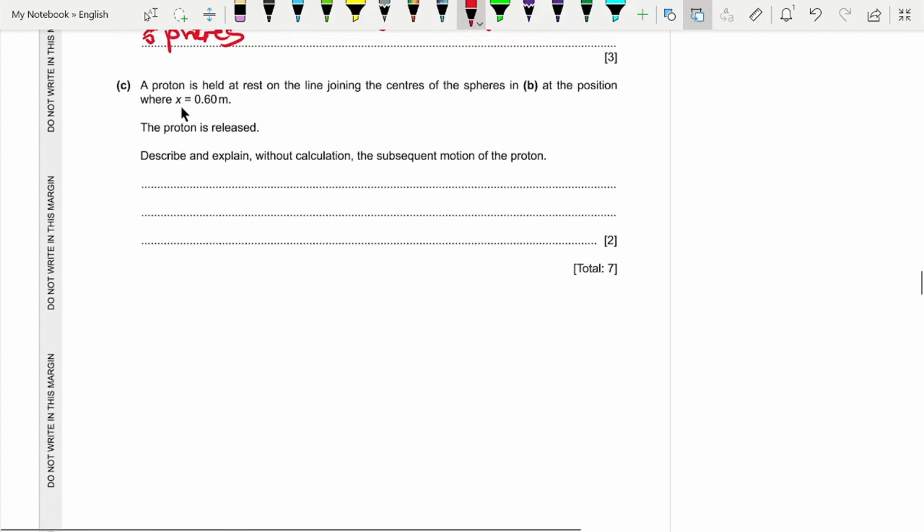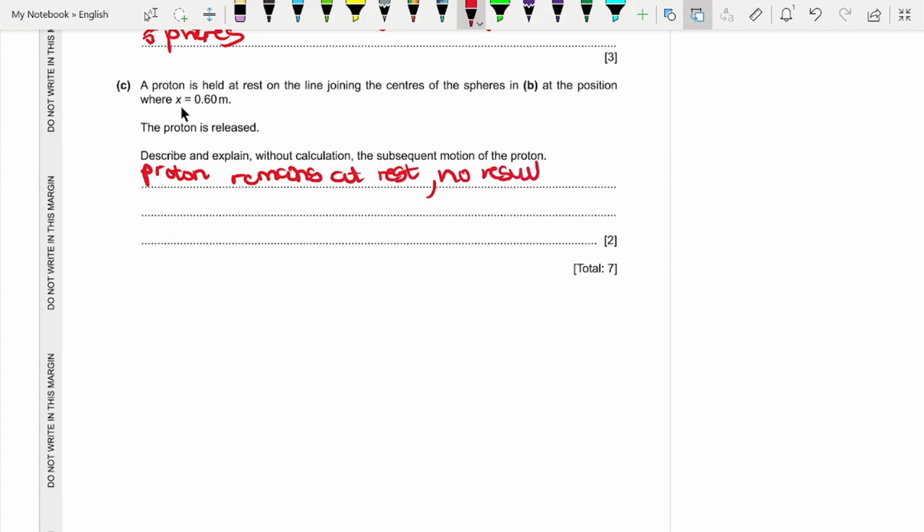Okay, a proton is held at rest. Remains at rest. That's a smart choice. I would do that if I were me. Remains at rest, and why is that? Because there is no resultant force. The electric field strength is 0. The gradient of the electric potential is 0. Like I said, the potential energy is already at its minimum. I don't have enough energy to go towards that, because the resultant force experienced